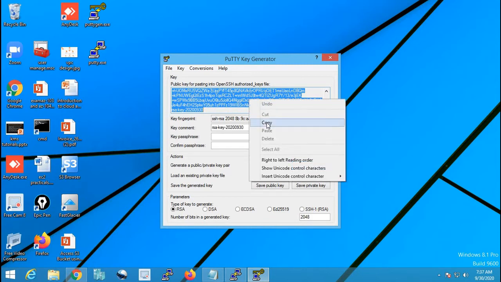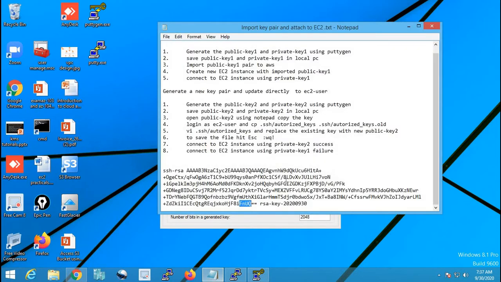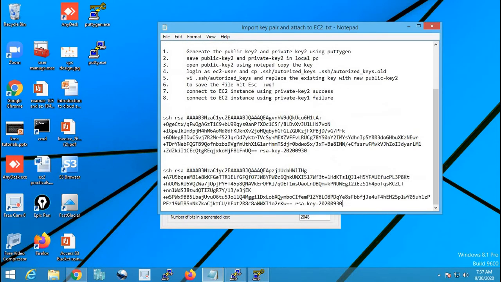So let us say I'll copy this, and again I'll paste it somewhere over here, Control V. All right, this is generated by RSA. RSA is the algorithm which is used to generate the keys, basically used for key based authentication. Maybe it can be used in VPN connections when you want to establish authentication between client and server, and it is also used in many cases for authentication purposes.